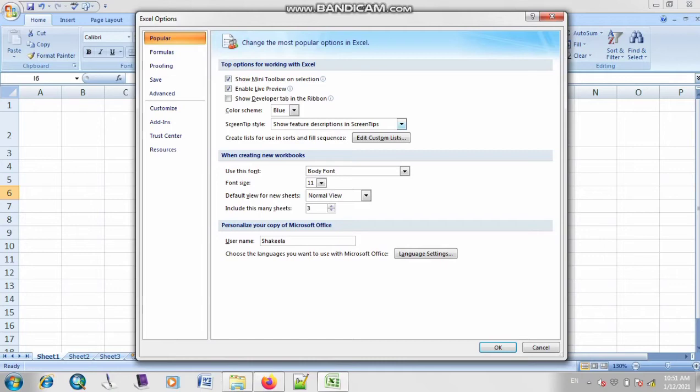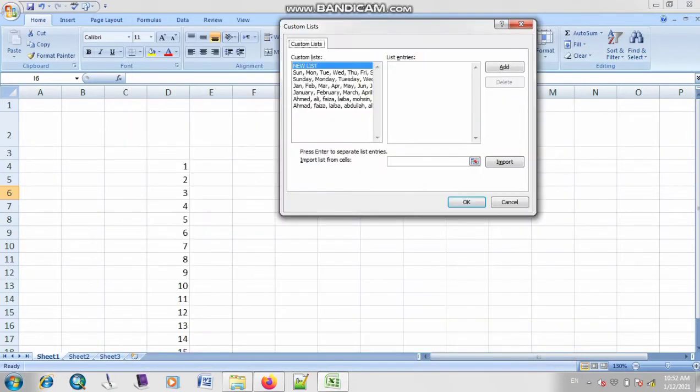Right, this is the list of edit custom list. So basically the meaning of edit is if you want to make a change, if you want to make editing, formatting, then you will use editing. Now what is the use of custom? Abu Bakar, tell me what is custom? Right, custom is basically used if you want to customize your list according to your own needs. So for example, if you want to customize your menu list, then you will use a custom list. So I'm just going to click on this option of custom.